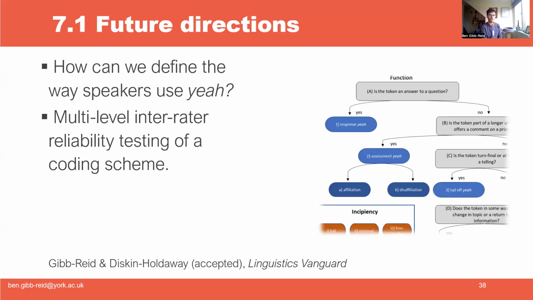In terms of feature directions, just to briefly mention, I have a paper with Chloe Diskin Holdaway in Melbourne, trying to look at if we can make a nice, clear way of describing what yeah is doing. This is more discourse-pragmatic than it is forensic or phonetic, but it's looking at, we use a multi-level inter-rater reliability